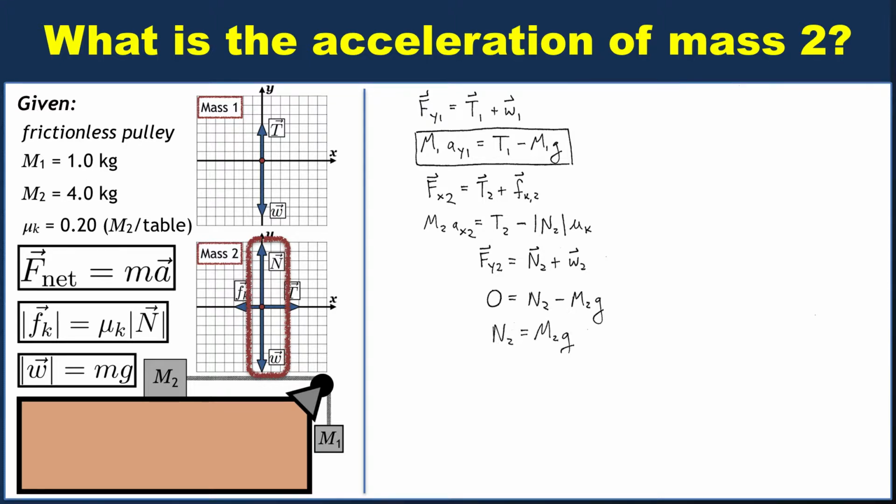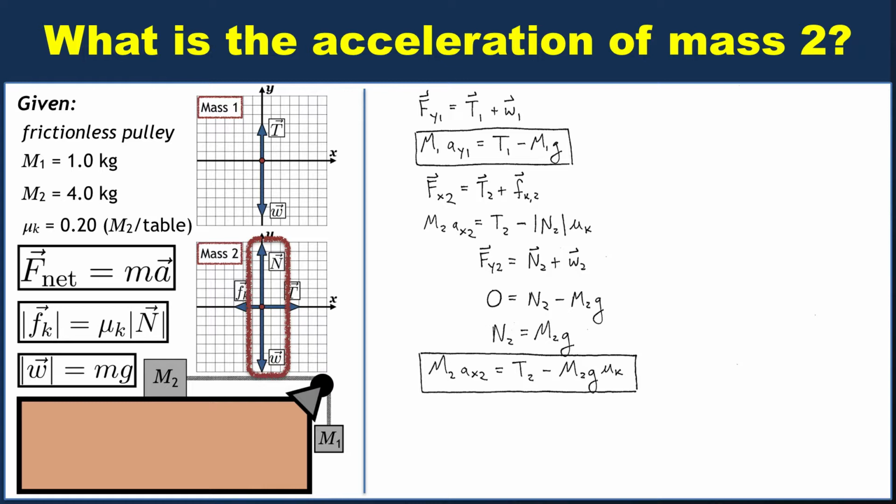N2 is just m2 times g, and now we can take this expression and plug it into this expression here. Essentially, we're combining the vertical and horizontal force equations for mass 2. We do that, and we get this boxed expression, m2 ax2 equals T2 minus m2 times g times mu sub k. All right, we've made good progress, but we still need two more pieces of information before we can actually begin